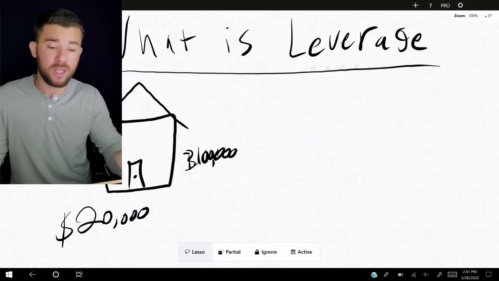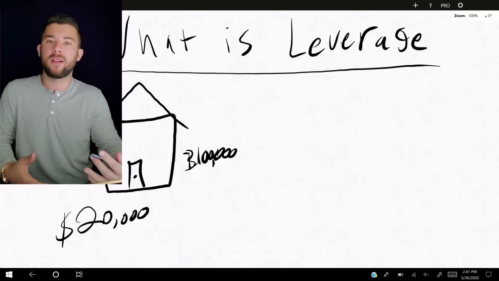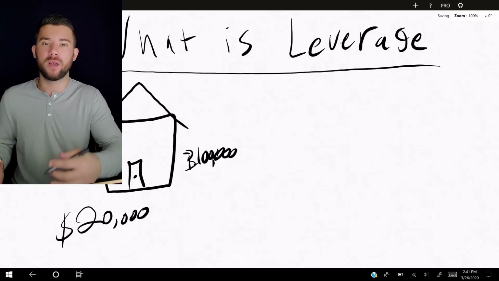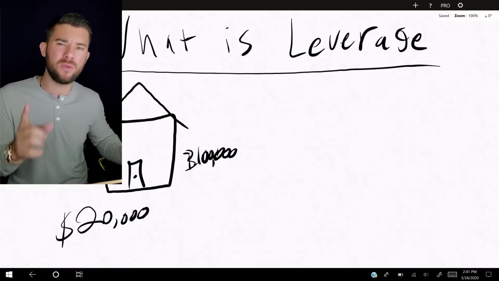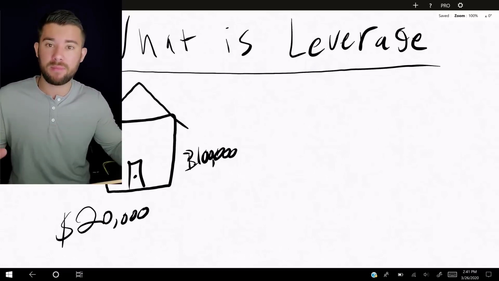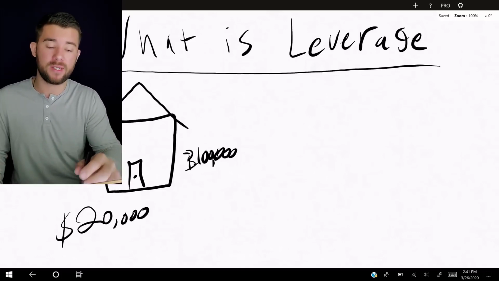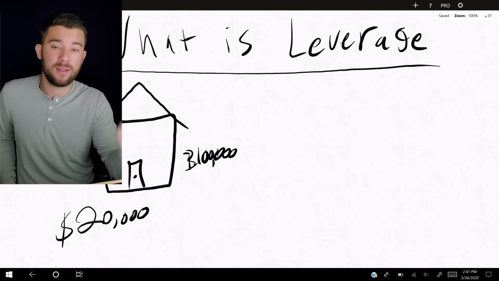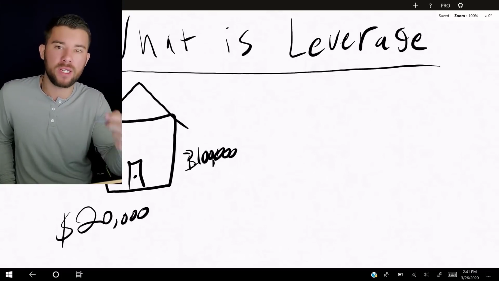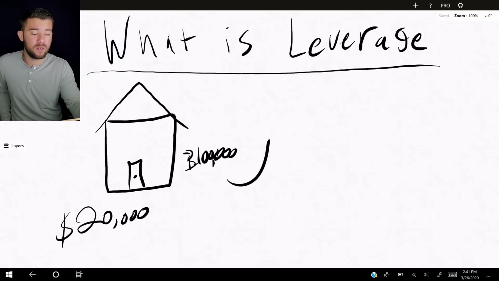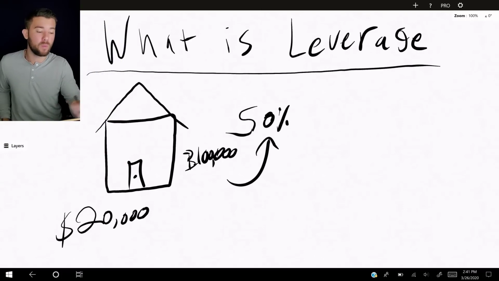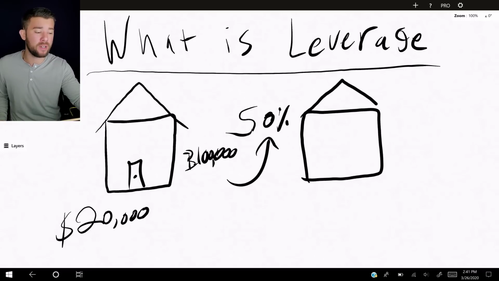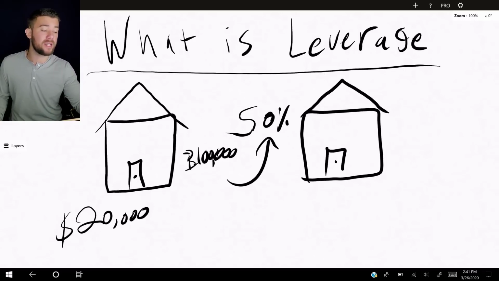And in terms of helping you, we can do this other scenario because guess what? Just as bad as it can hurt you, it can help you make ridiculous returns as well when you use it correctly. So let's say the same scenario, you pay $20,000. They say, here's this $100,000 property to hold. This time, instead of the market dropping by 50%, we go up 50% over the next 12 months. So with the housing market going up 50%, you now have this property that was worth $100,000 that is now worth